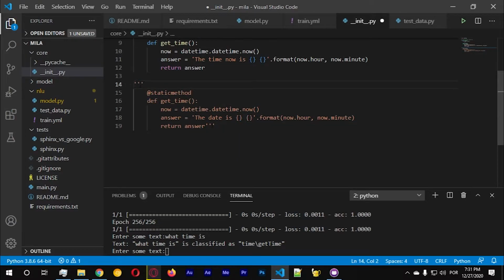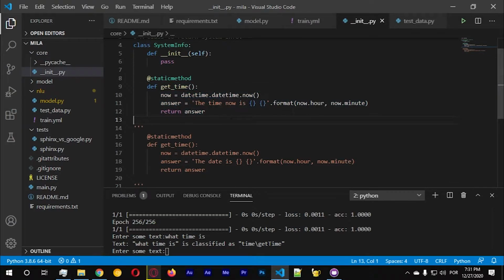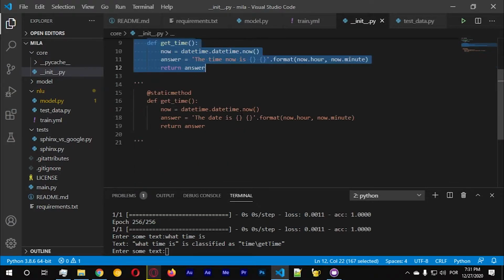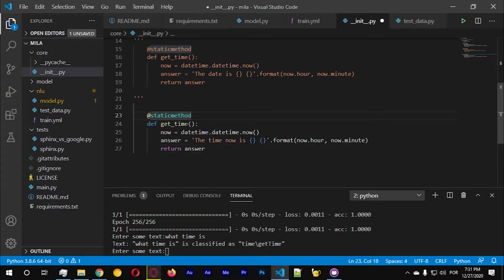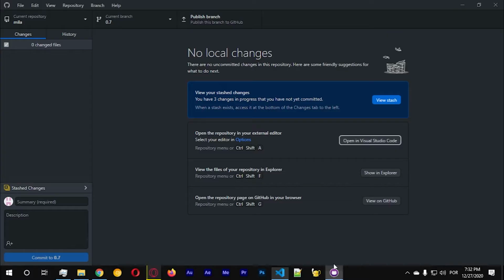Okay, let's go back here. Let's copy this exact method, and let's paste here and get year. Okay, the current year is